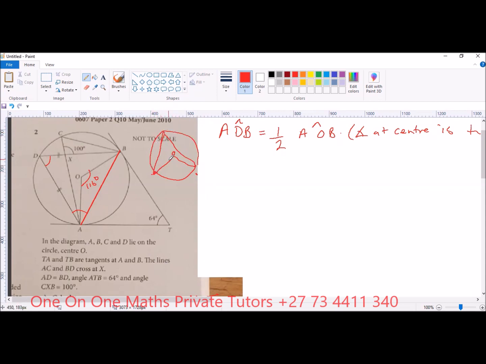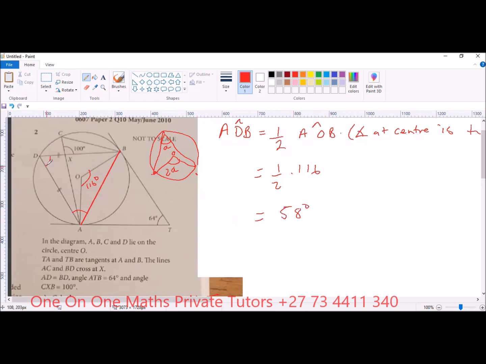So this is 2A, this is A. So we find that this is half of 116, which in our calculator we get 58